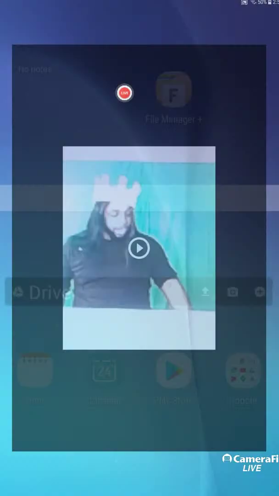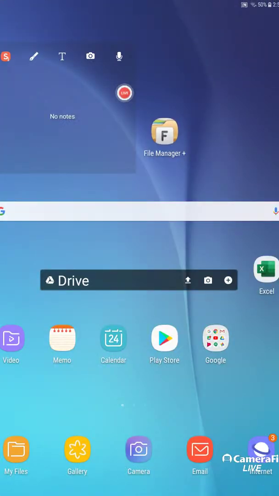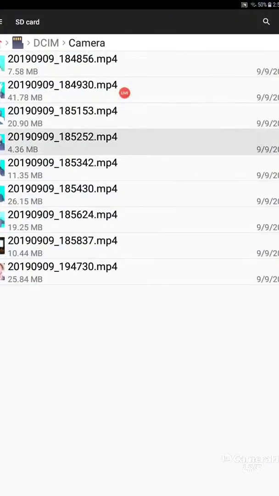He's crazy. So let's get out of here. I don't want to watch those videos really. What I wanted to show you is how I have my apps organized in File Manager. So we'll just go to,